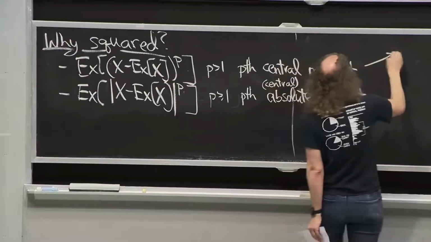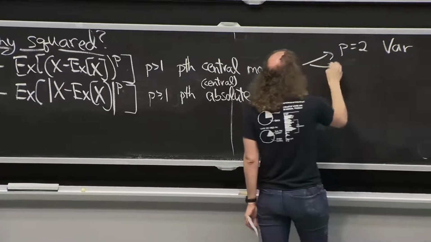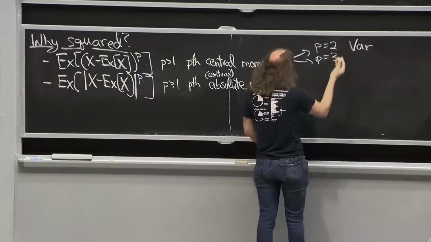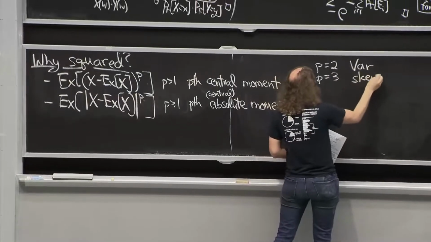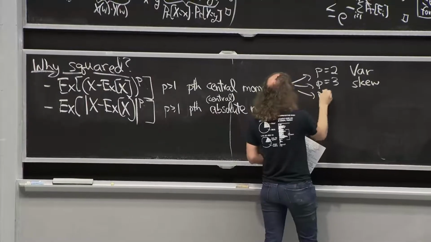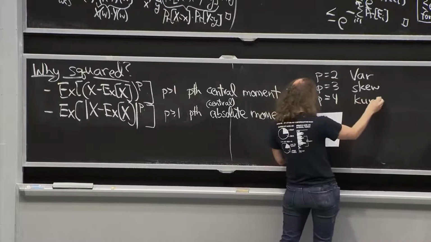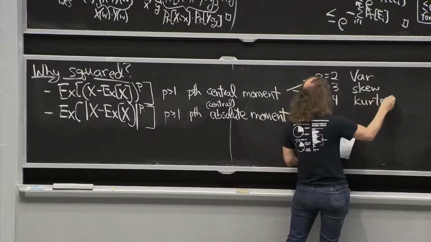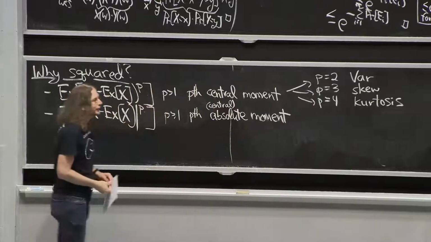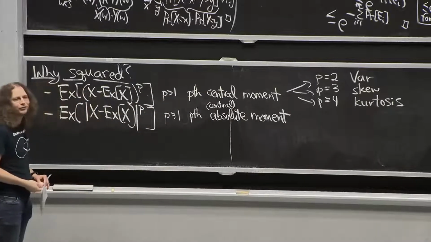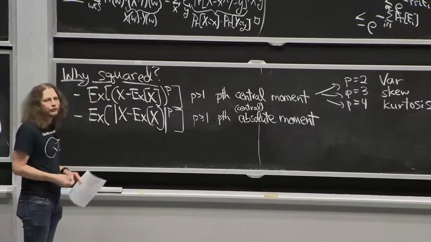For this one, p equals 2 is called variance. That's the one we're talking about. P equals 3 with some normalization, which I'm not going to do here, is called the skew of the distribution. P equals 4 has a really fancy name, just showing off my English knowledge. It's called kurtosis. I assume people looked at other moments too, although usually they're just called first moment, second moment, third moment, whatever. These are all very interesting quantities.